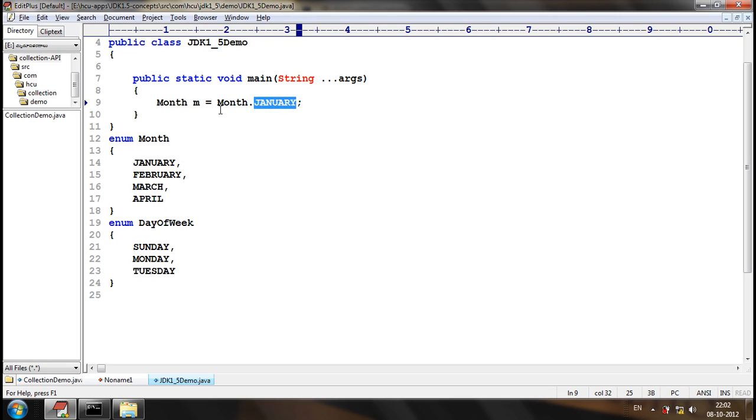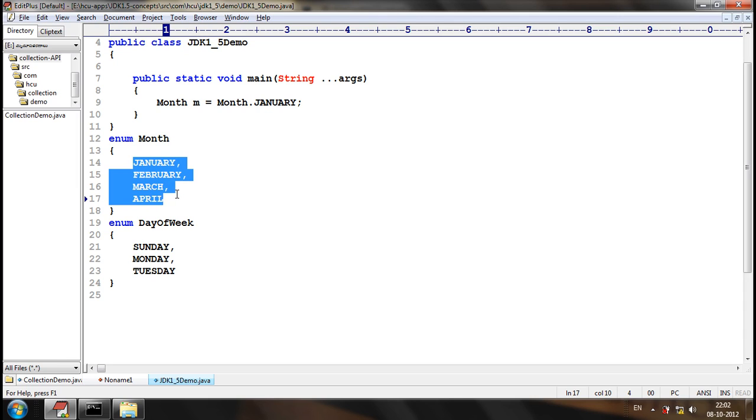And this is the enum object, and this is a reference to the enum object. M is a reference to enum object January. And the enum objects will be fixed. Only the enum constants can act as enum objects.